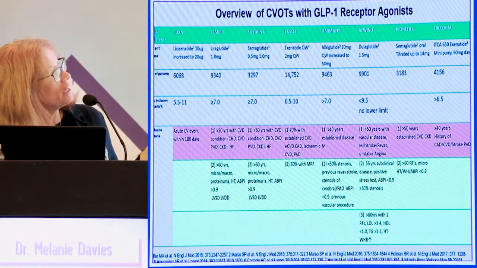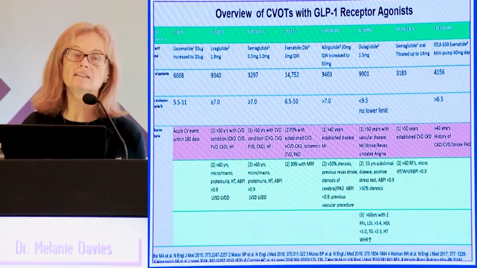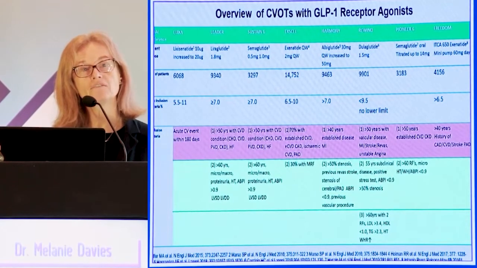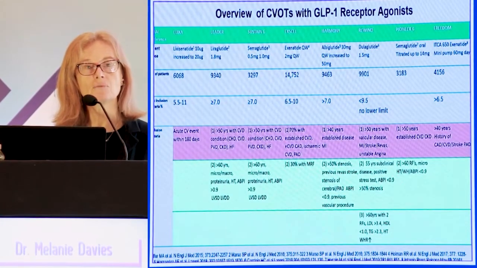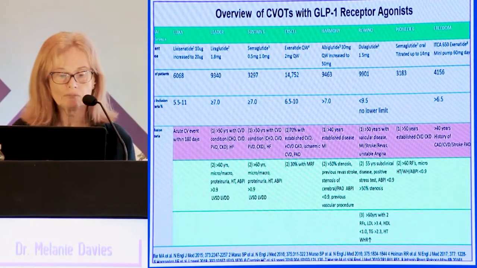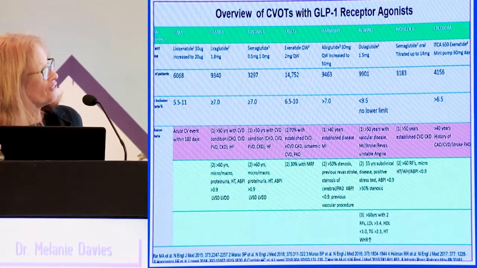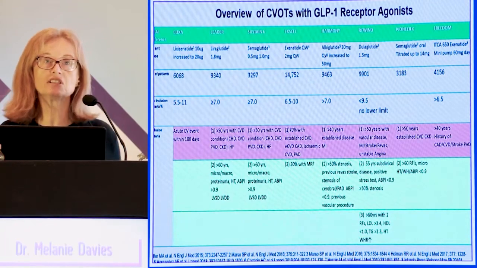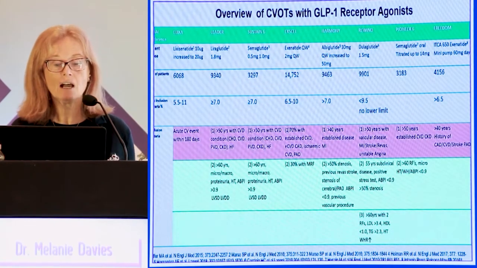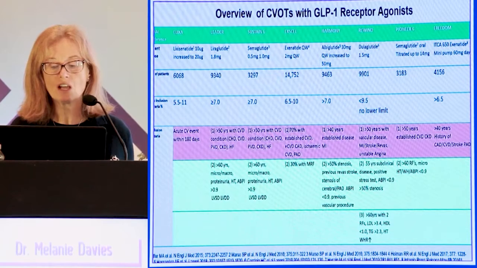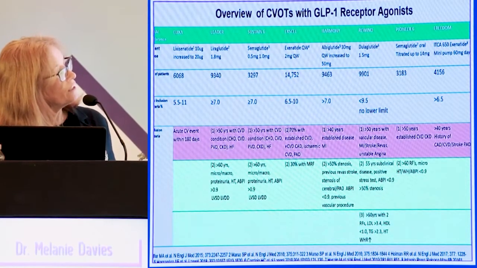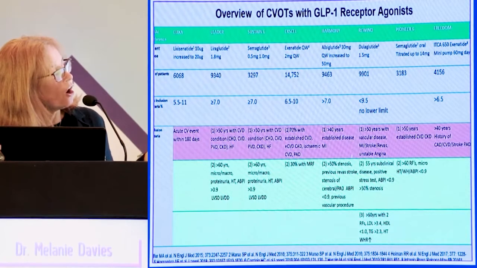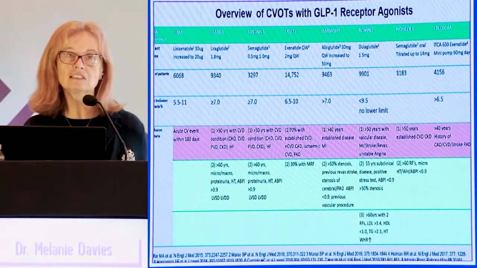Whereas now, in REWIND, there was no lower limit. And in fact, many patients had A1Cs down to 5.5%, and the median A1C was only 7.2. Also, the inclusion criteria vary hugely. You have some studies in which all of the patients had established disease and were very high risk, like ELIXA, where all patients had an acute event, contrasting with REWIND, where only about 30% of patients had established disease,